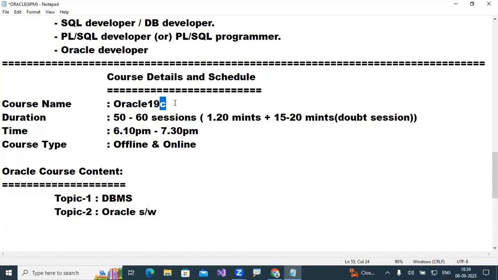Whenever you want to connect to the Oracle database server, it's not like I can directly connect. While connecting, you definitely need to enter a user ID as well as a password. So how to create those user ID and password accounts, the creating of Oracle accounts, and how to change my password as per my requirement and my security. We are discussing this in almost 3 to 4 sessions